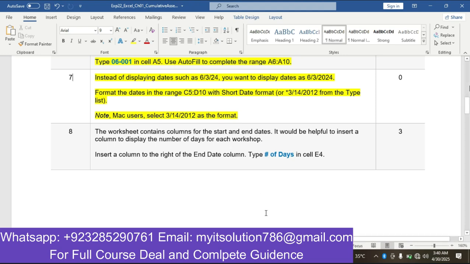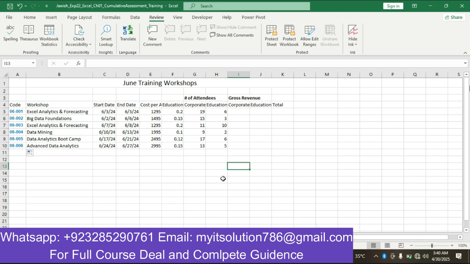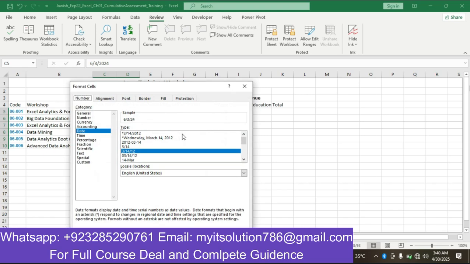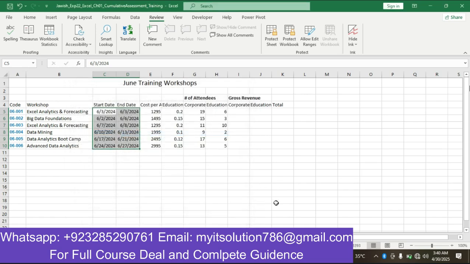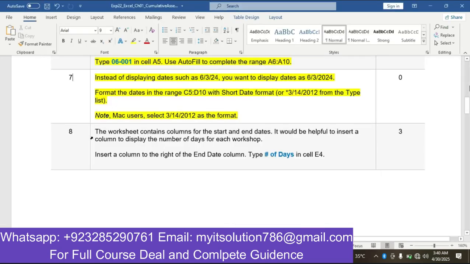So we go on our Excel worksheet and in cell C5 to D10, change format cell and put this one. So our step number 7 is completed. So our step number 8 is